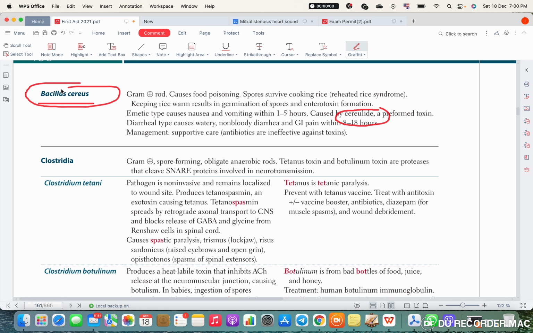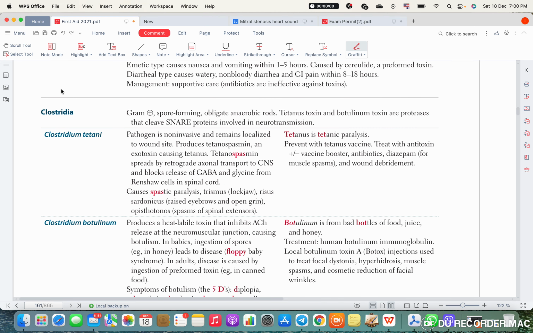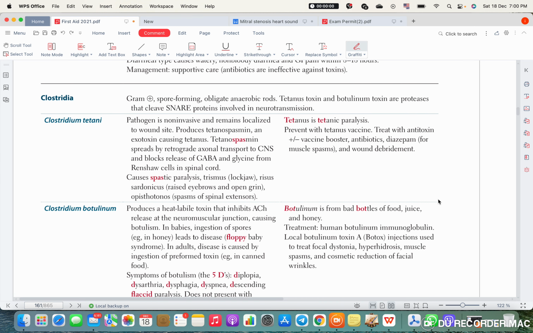Absolutely correct. You have a watery diarrhea. Good. Guys, just like an overall concept, if you destroy the epithelial cells of the intestine, it's bloody. If you don't, it's watery. So, if I'm speaking about Giardia, for example, it's just blocking the intestinal microvilli, but it's not actually destroying the epithelial cells. Will it be watery or bloody? Yeah, watery. If I'm speaking about Shigella, it actually destroys the epithelial cells of the intestine. So it will be bloody. So that's the idea to differentiate between the two. Is it destroying the epithelial cells or not? Destroy, bloody. Not destroy, watery.